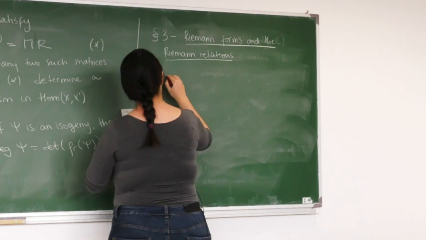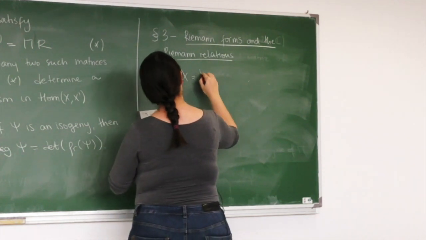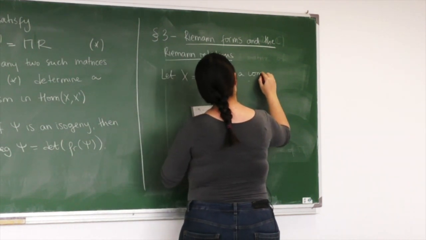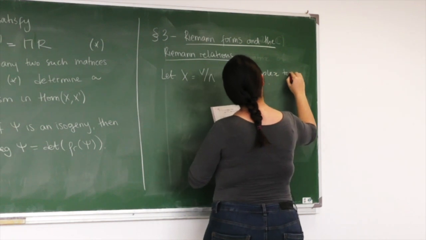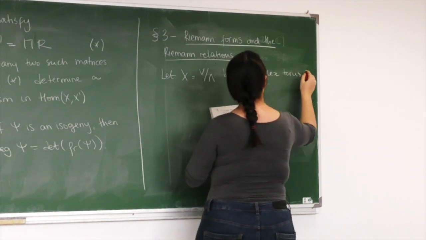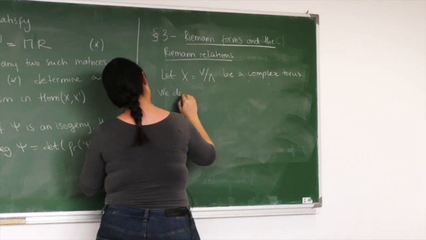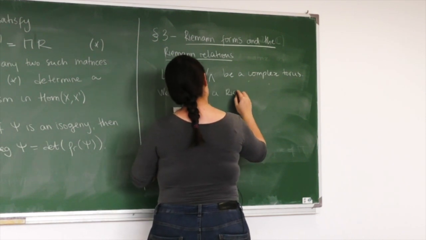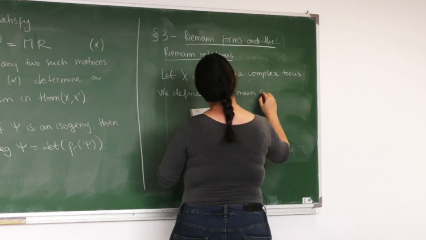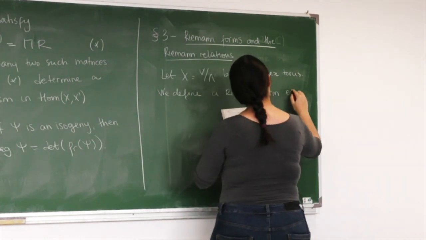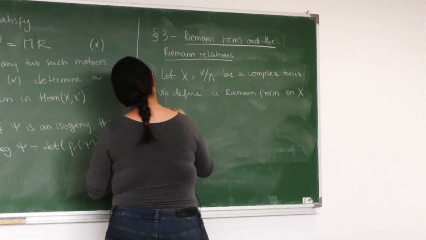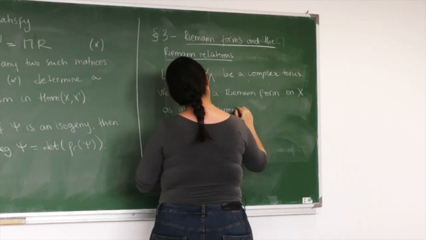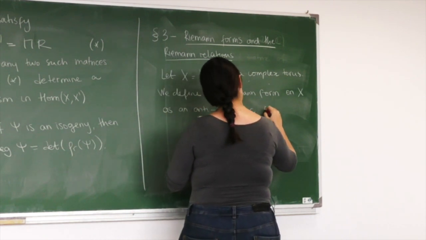So again, let X, which is V over lambda, be a complex torus. We define a Riemann form on X as an antisymmetric form